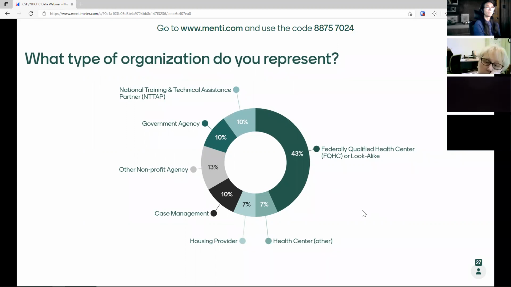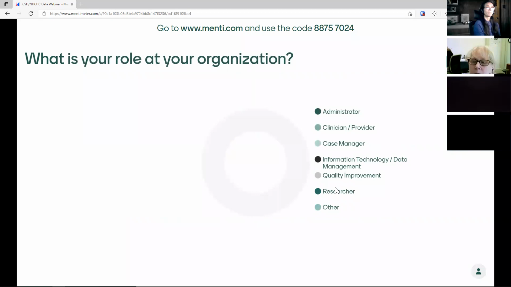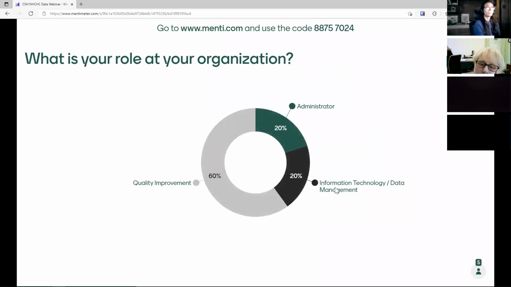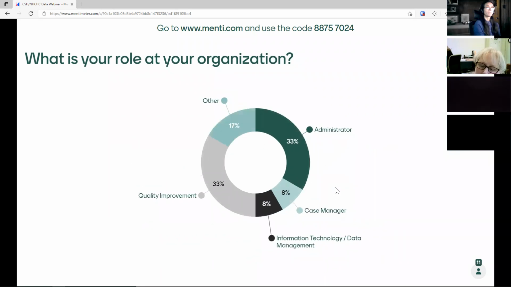All right, so let's get into then our next question, which is about what your role is at your organization. Are you an administrator, a clinician, or a provider, maybe a case manager? Or maybe your role is more data specific as well. Quality improvement.